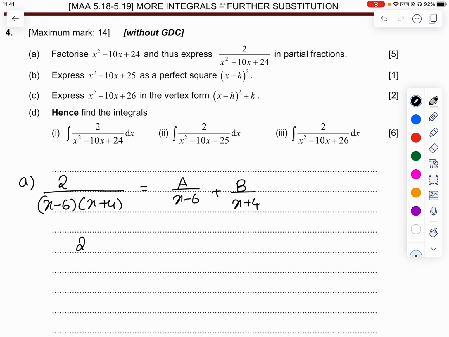Now, what do I get from that? 2 equals a times x plus 4 plus b times x minus 6. Plug in x equals 6. You will get the a value as 1, and plug in x equals negative 4. Then 2 equals to negative,